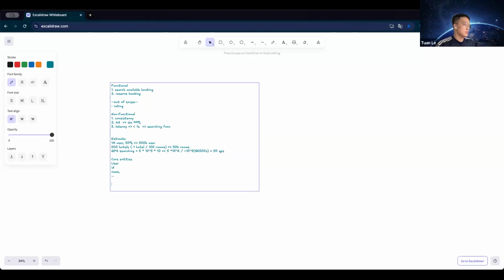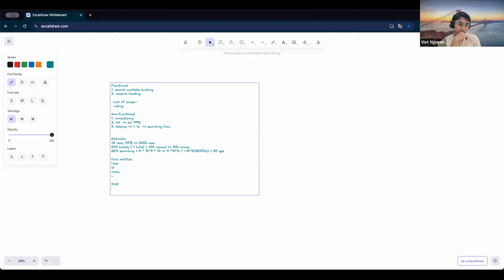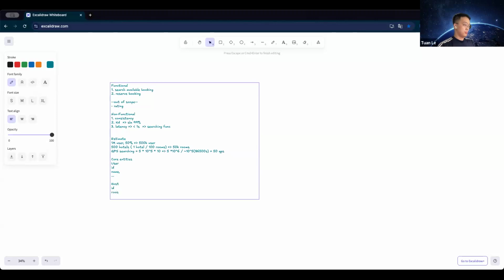And next, we should have the host. In host, we have the ID and room. I mean, it's the room ID, right?